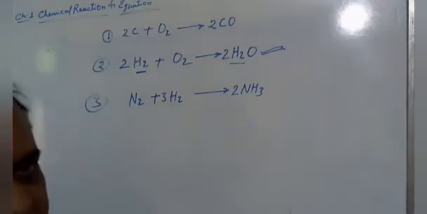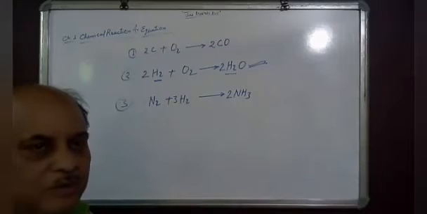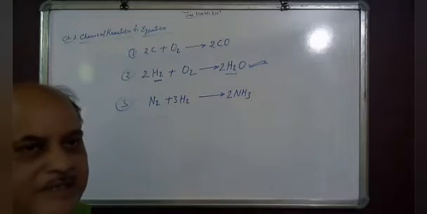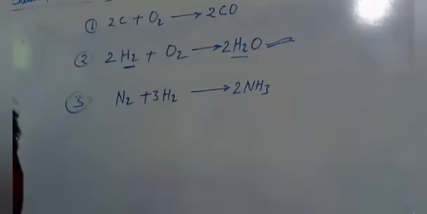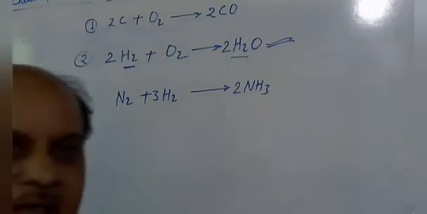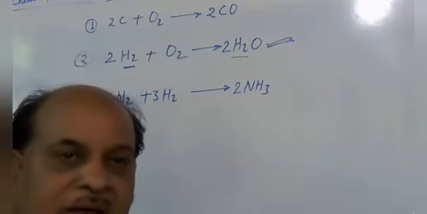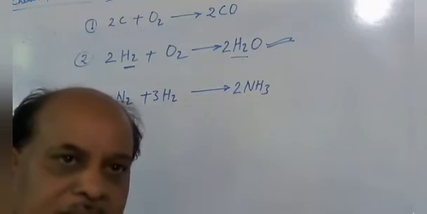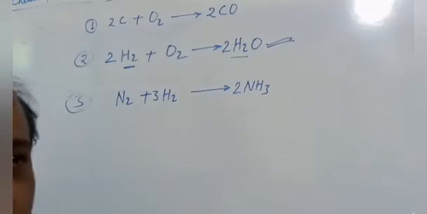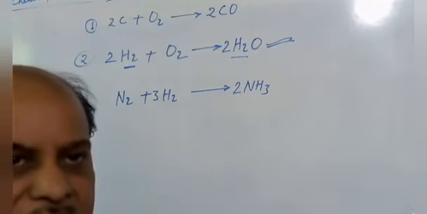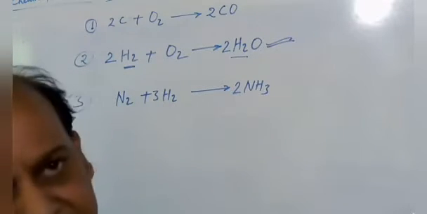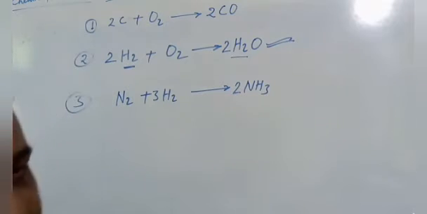We will take one more example to understand the hit and trial method. This is the method of balancing chemical reactions in class 10th. We will discuss some more methods, like the ion electron method and oxidation number method, next year in class 11.